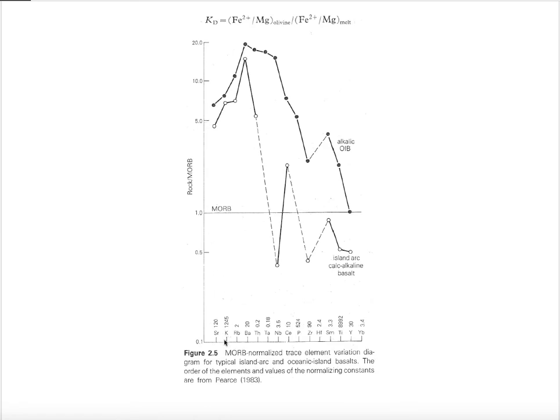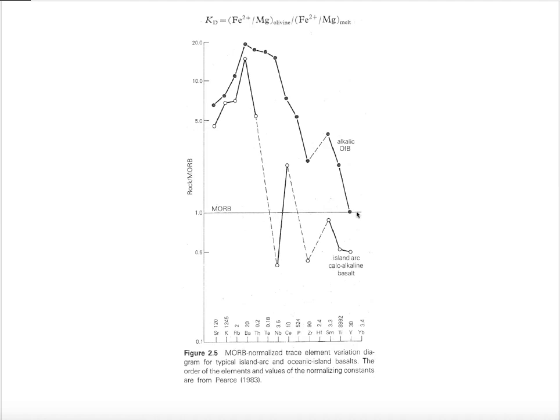The same for all the other elements, and of course MORB then has a horizontal line, and the ocean island basalt and the Iceland arc alkaline basalt have their own pattern, and then you can